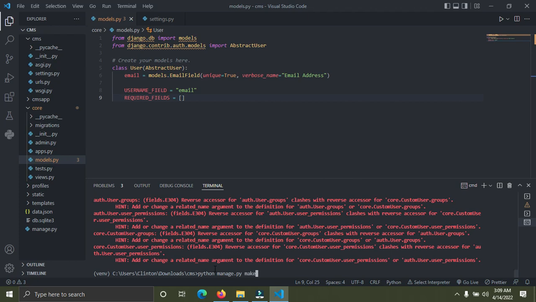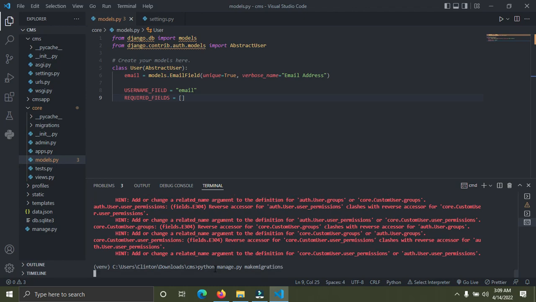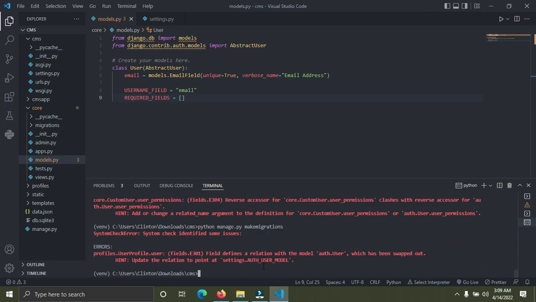Spelled makemigrations wrongly. Makemigrations. Enter. So it's going to take quite some time to run. Oh, we had an error. Let me check if this is recording, please. Okay, it's recording. So we had an error. It says